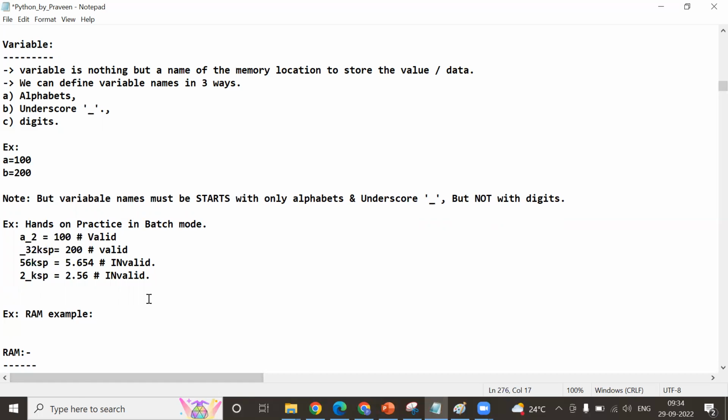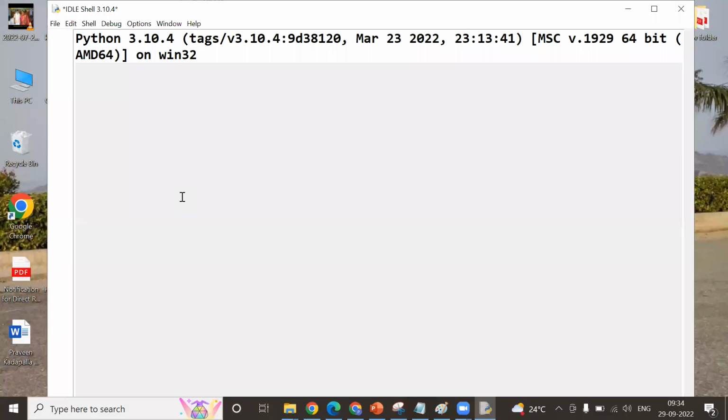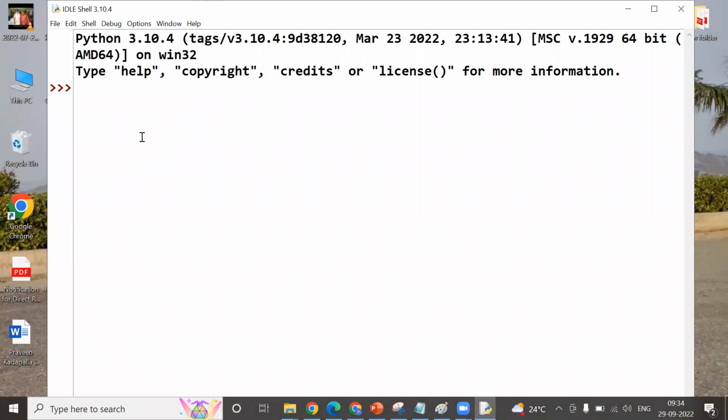If you want to see valid or invalid, I can go for some examples. So how can we write our programs? I told you to go for IDLE or the shortcut, double click. I told you the process very clearly previously. So automatically the IDLE shell is going to open. Loading. This is the Python shell, which is interactive, with line by line code execution. Even if it is saving, it is not supposed to be